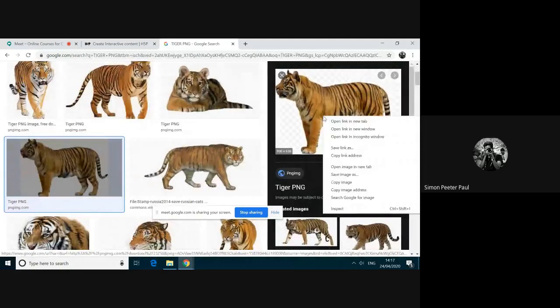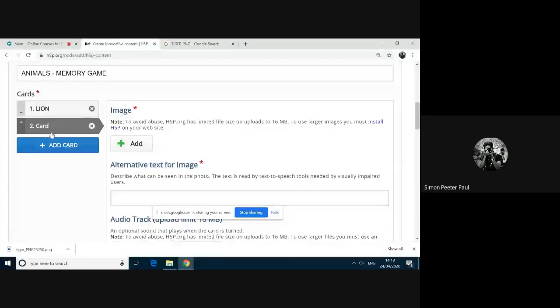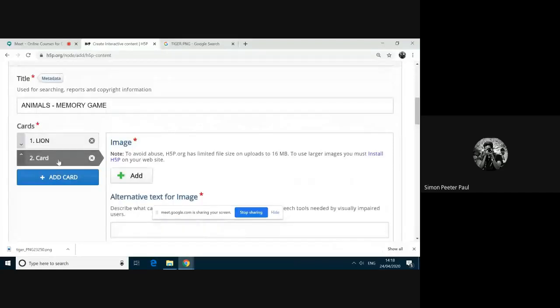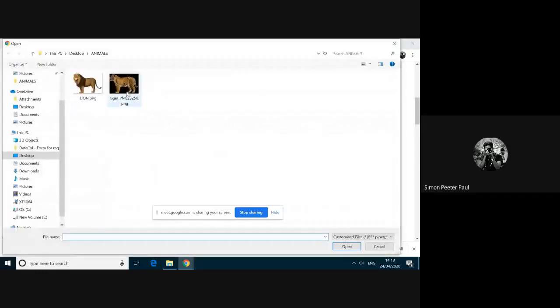And then I'm right clicking this one and saving this again in that folder. I'm not renaming that. Again, I'm going to the H5P, then selecting the card 2, and I want to add the image tiger. So I'm clicking this add button, and then I'm selecting this tiger.